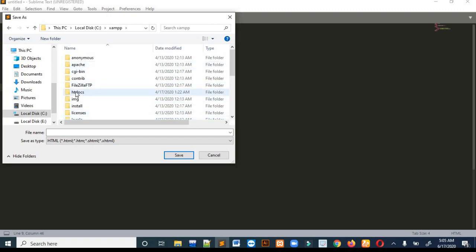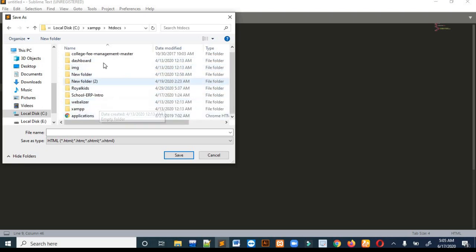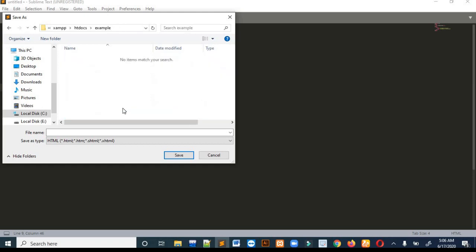Open this and you can see that there are a lot of folders. Over here create a new folder, write its name as example or whatever you want, and open this. Save your file over here. You have to give an extension of PHP because it is a PHP file, then save it.